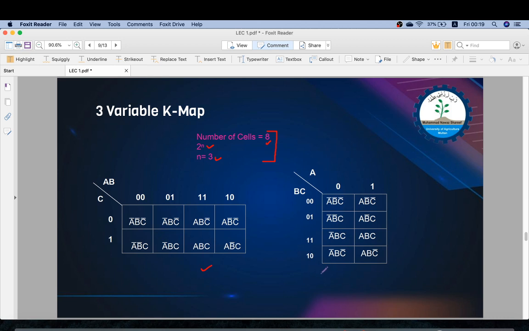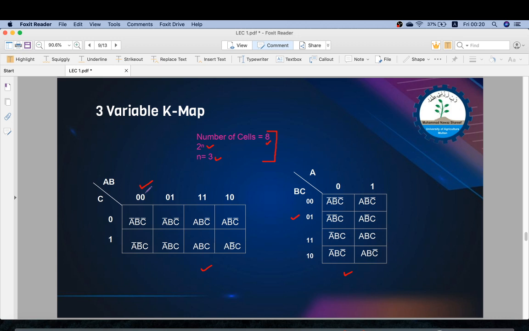Now there are two types of K-maps drawn here, horizontal and vertical. You will be thinking which K-map you have to use if there is a question that says draw a three variable K-map or solve one. It doesn't matter, you can use a horizontal K-map or a vertical K-map. But if we use horizontal, then the maximum variables are on the top side, while in vertical the maximum variables are on the left side.